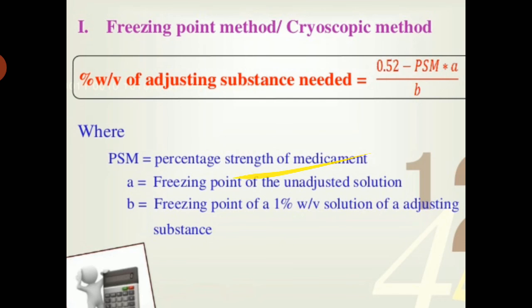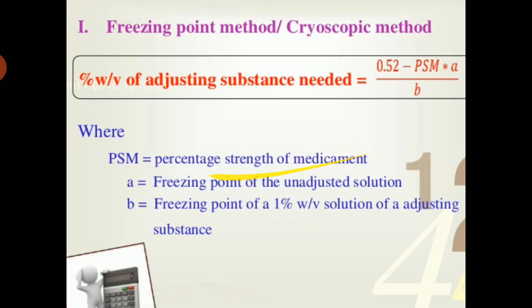Isotonic solutions are those which have the same osmotic pressure, equal solute concentration. Solutions having the same osmotic pressure as blood plasma are said to be isotonic. If a solution has lower osmotic pressure, it is said to be hypotonic, but if it has higher osmotic pressure, it is said to be hypertonic.